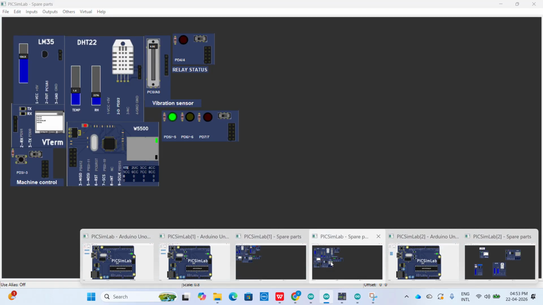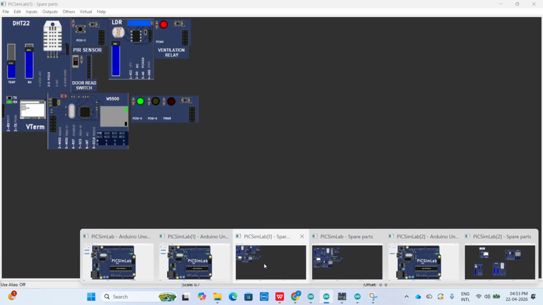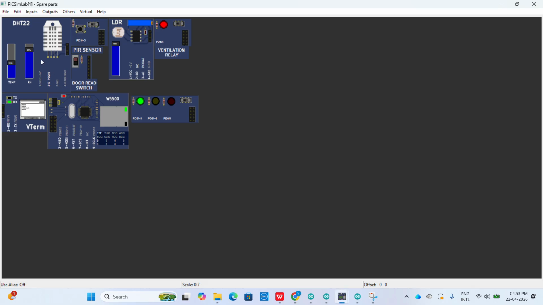Here is my node 2 implementation in Pixim lab. Here I have taken the DHT22 sensor which senses the temperature, humidity, the PIR sensor which senses the motion of a person, a door reed which tells whether the door of the goods storeroom is open or closed, the LDR sensor which senses how much intensity of light there is, the ventilation relay, and here are the LEDs